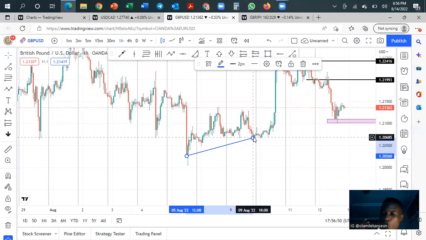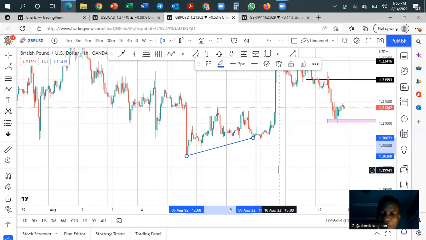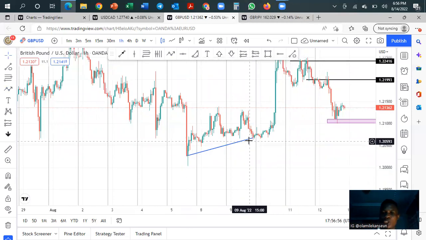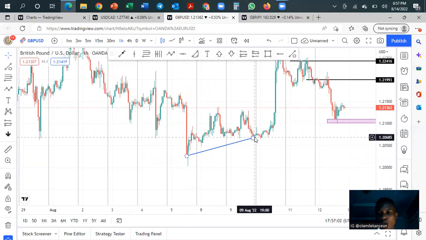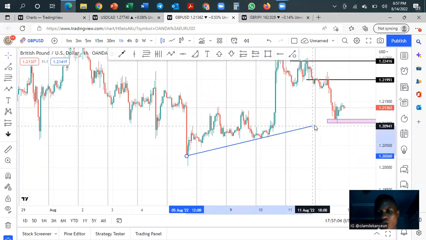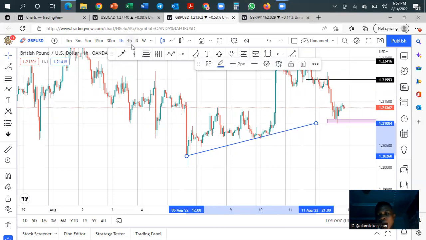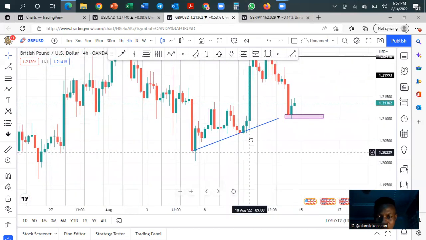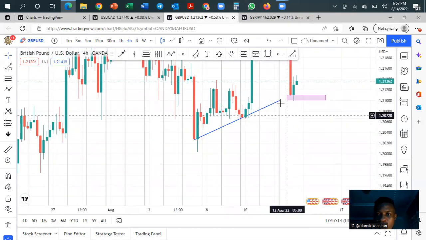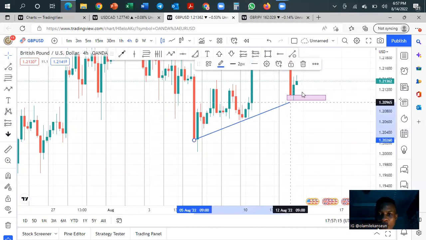So once you have those 2 points, you can say that you have a trend line. From this point to this point, you can see that we have 2 points already. Here is the first point, and here is the second point, right? If you extend this trend line, let's go to the 4 hour time frame. If you extend this trend line, you see that